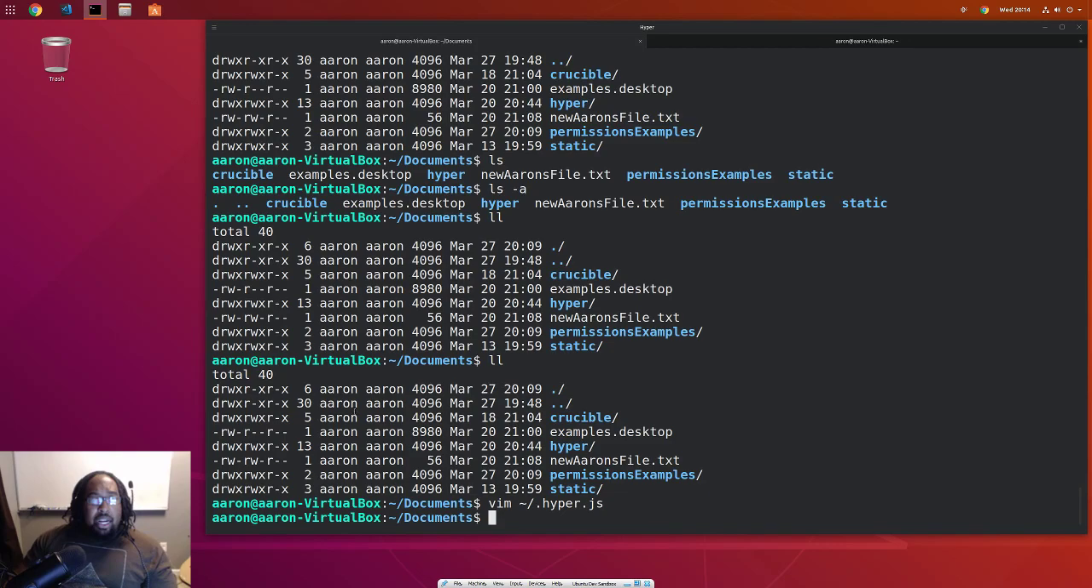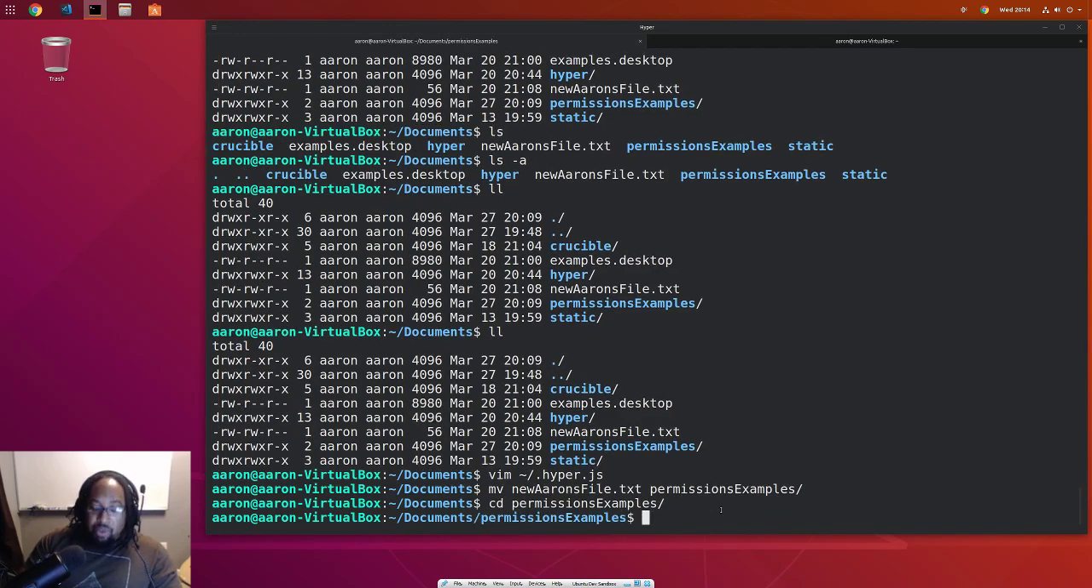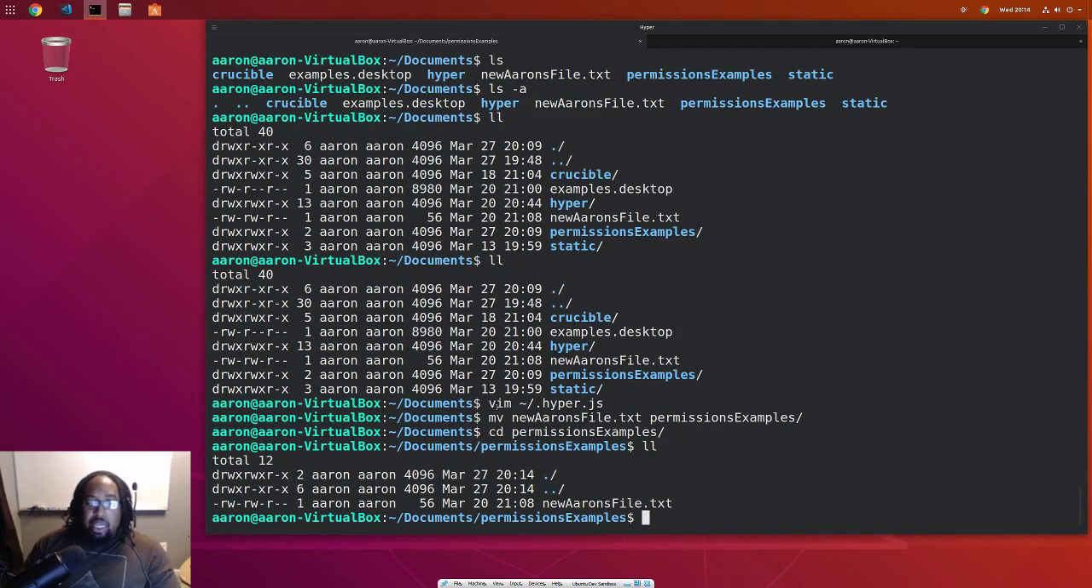Cool. So we've got our user that owns the file. We've got our group that owns the file. So we got a user, we got a group. That's why groups are important. And this is important. I could change this group. Let's move this new Aaron's file.txt. I don't know what that is, but we're going to move it into the permissions example folder, go into that folder, do a listing, and take a look at this file. Let's make it owned by